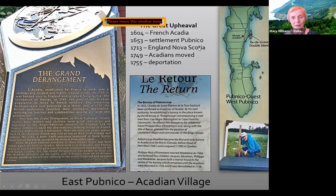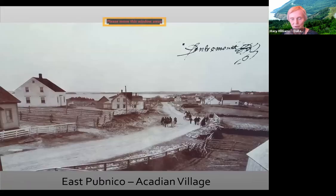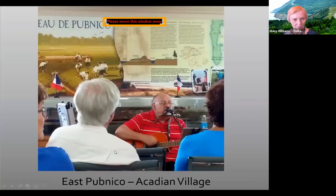And then the English came to Nova Scotia. They moved all those Acadians and deported most of them, but as I say, in 1653, some settled here and were not moved. So this area did have Acadians living in it even after that big deportation. Some old pictures from their museum there. And now there's a nice modern museum that you can visit that tells you all about it. And this would have been the national dress. Some folk singing in the